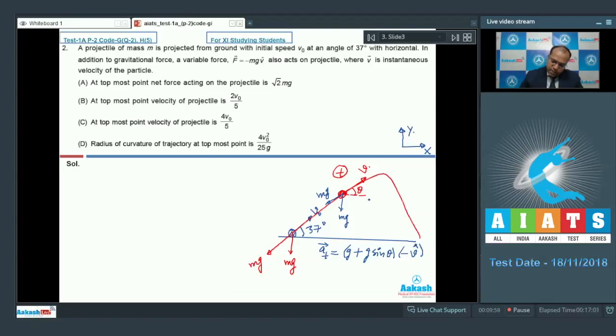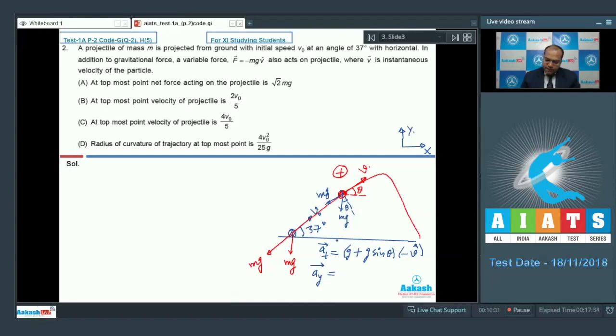So suppose this angle is theta, then this angle is also theta. So the component of g in this direction is g cos theta and in this direction is g sine theta. So this is the value of the tangential acceleration at that moment t. At the same moment, if I find out the acceleration in vertical direction,